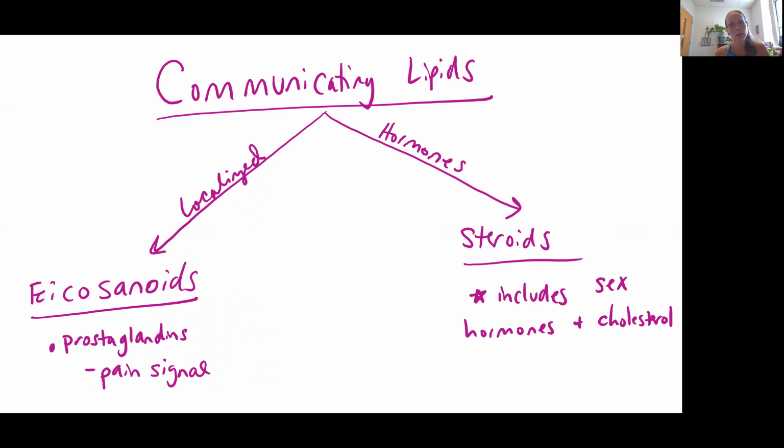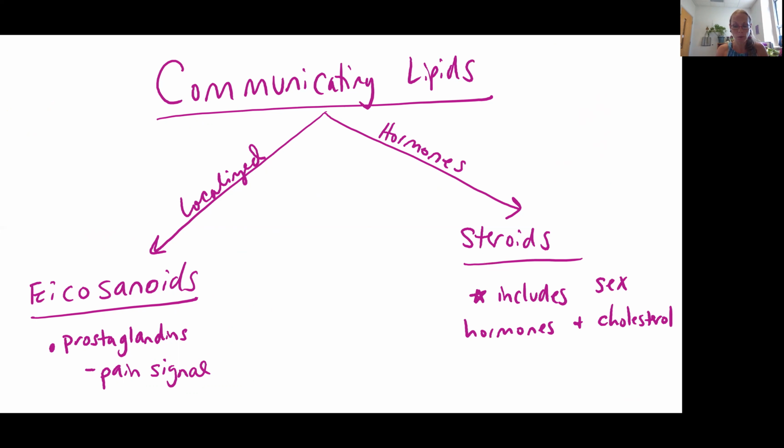Hormones are different because they travel through the bloodstream instead of just being released to that little neighborhood. And steroids are an example of our communicating or our lipid hormones. These include our sex hormones such as estrogen and progesterone in females and testosterone primarily in males. Cholesterol is another example of a steroid hormone,